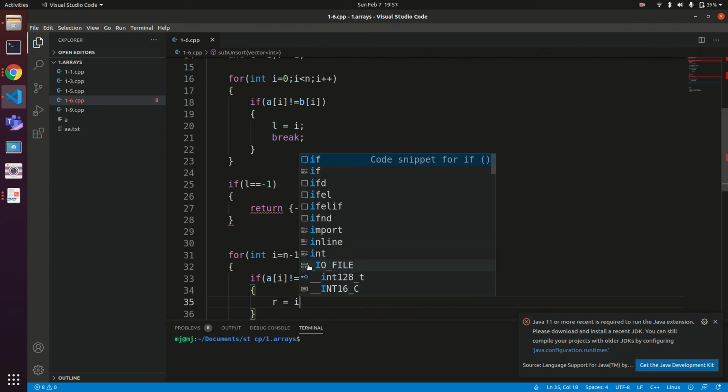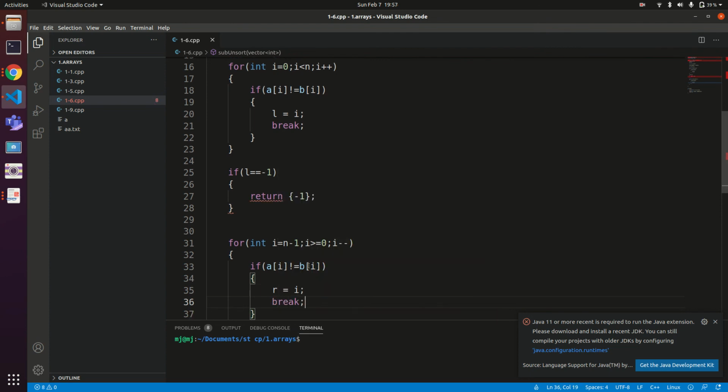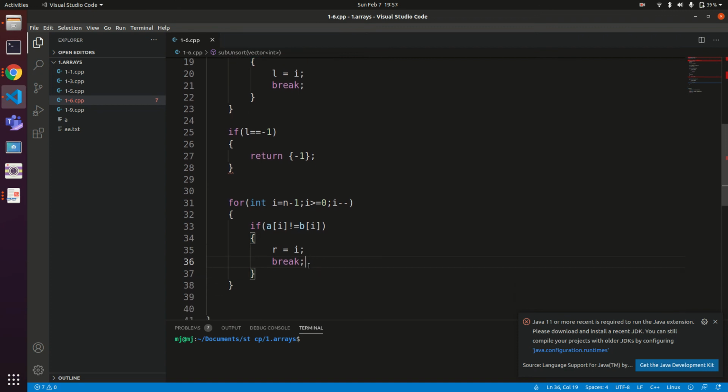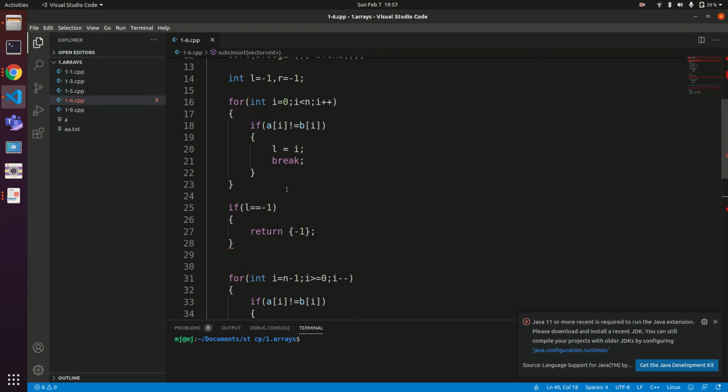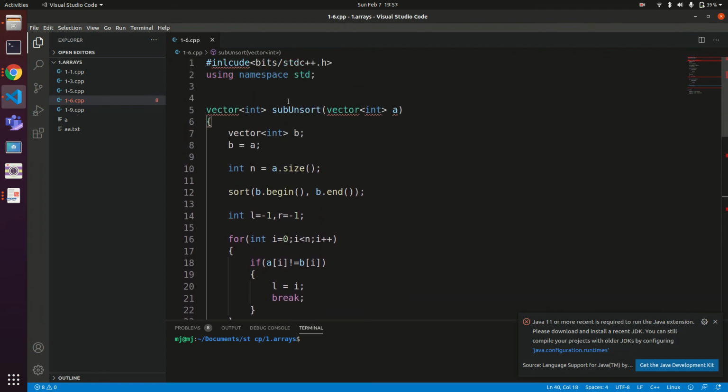Let's store the index in R and break. Why break? Because we have found the first from the right as well. So this is the range that we are dealing with. Now simply we need to return the range of first from left, which was L, and first from right, which was R. Now we are sure that we need to sort all the elements between these two.